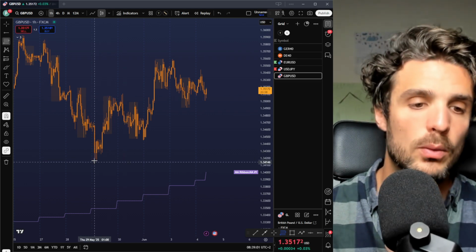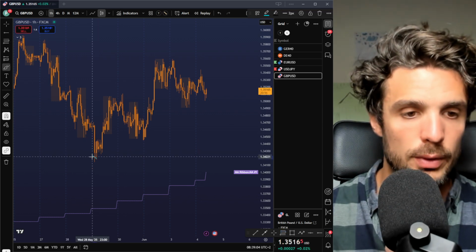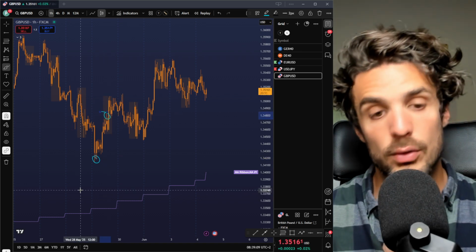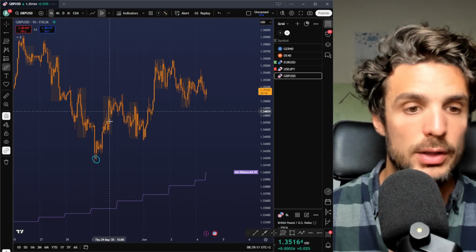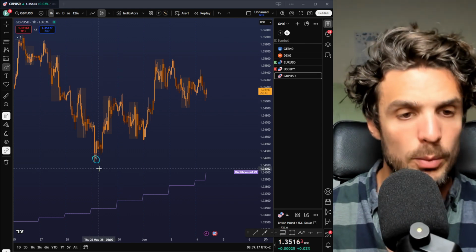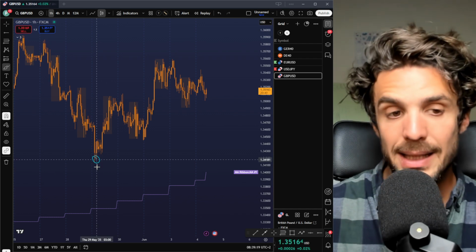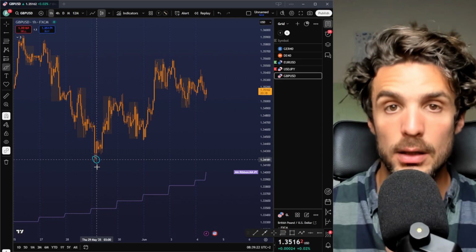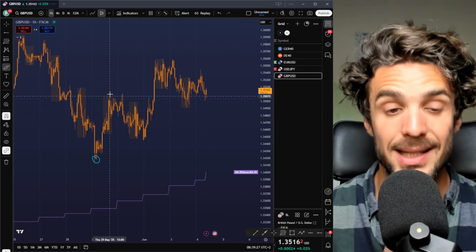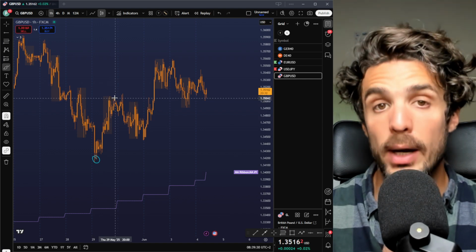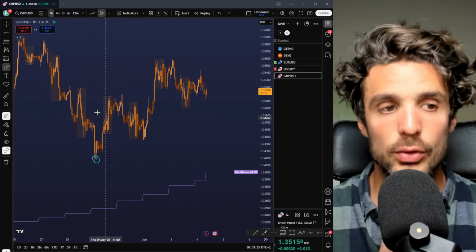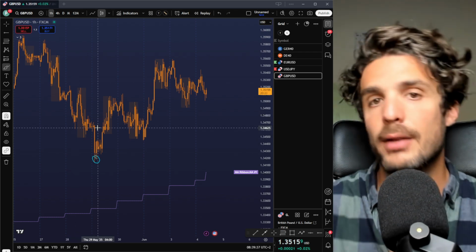Okay, so now what we need to wait for, so we have the first point, is to see where we trace the second point. You could think here, for example, and you would be correct in the sense that we potentially have a retracement that goes to 618, potentially. But what's most important, and to make your Fibonacci tracement really accurate, is to wait, once this swing up is initiated, for a break of another low that has been created in this swing. Okay, I want you to really remember this because it's very important,